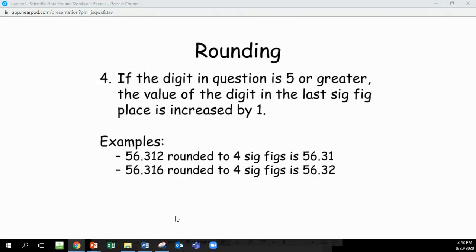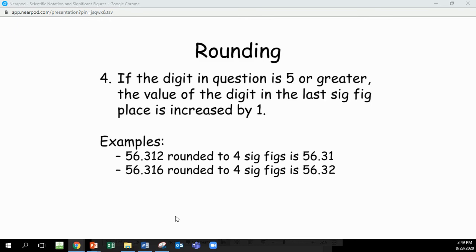Okay. So let's look at this. Let's look at 56.312. If I tell you to put that to 4 significant figures, you're going to make it 56.3, and then we have to figure out whether that 1 should be a 2 or does it stay as 1. So you look at the number to the right of it. The number to the right of it is a 2. Therefore, the 1 stays. It stays as